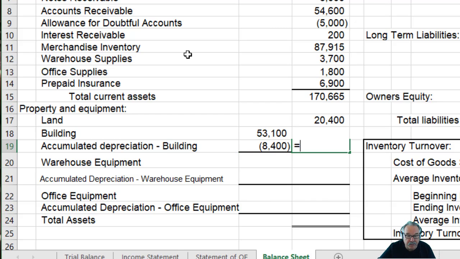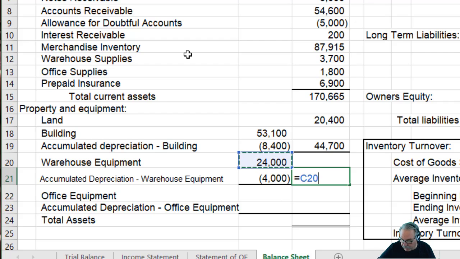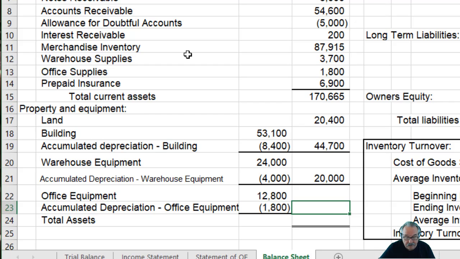So our net book value of the building is $44,700. We have some warehouse equipment, $24,000, but that has accumulated depreciation of $4,000. So the net book value of the warehouse equipment is $20,000, and the office equipment is $12,800. Accumulated depreciation is $1,800. So our net book value